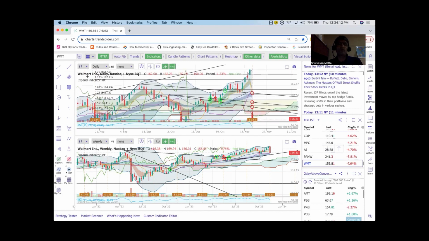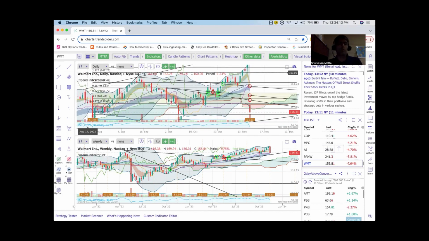So folks, keep it as simple as possible. What are the various topics that I covered here? The number one is the three-way correction. The second one is the wave theory. The third one is the Fibonacci. And the fourth one is the trend lines. If you can keep all these things in place, then you know, okay, we are doing good.